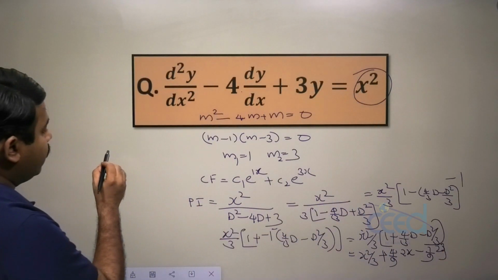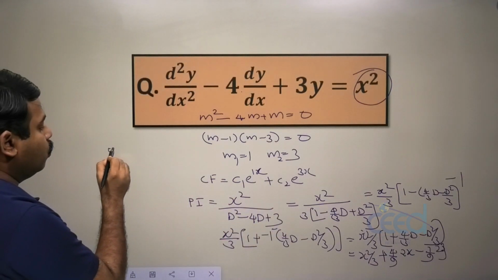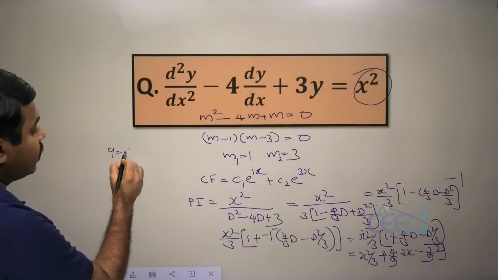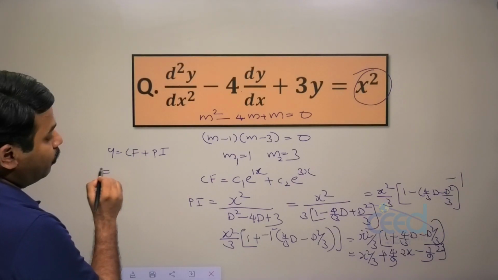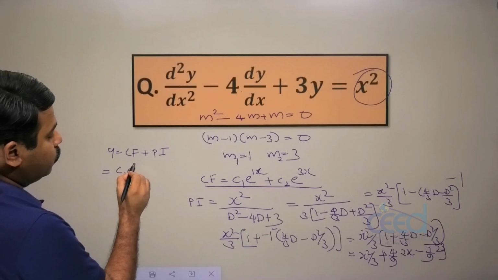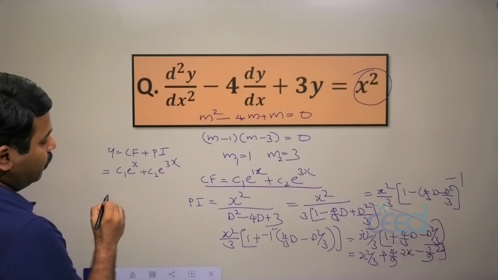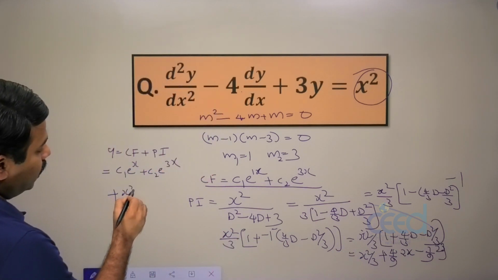Now what is the final particular integral? So we can add both. Then what is the solution? Final solution is the sum of the complementary function and the particular integral. Am I right? What is the complementary function? This one, that is c1 e raised to x plus c2 e raised to 3x, plus what is the particular integral? x square by 3,